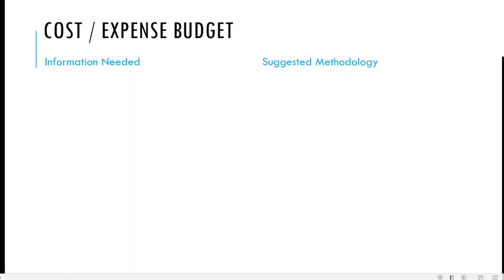We are going to look at the next component of our budget, which is the cost and expense budget. The information that we need for it is the revenue and operation budget. Basically, the cost and expense budget will only come after we have finalized the revenue, because we cannot do